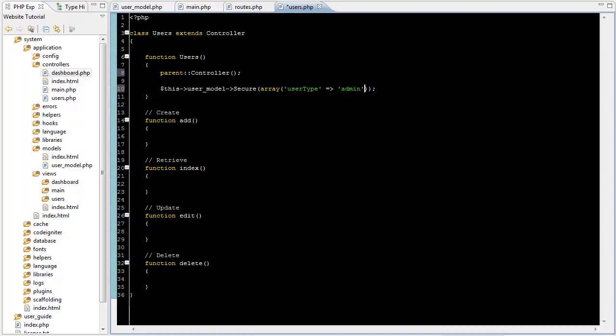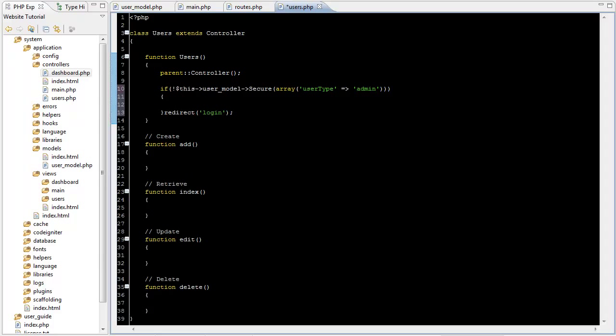Now if we wanted to allow admin users or regular users, we would just do this. There. Now this would allow either type of user in. So as long as you're logged in, you'll be allowed on this controller. That will return true or false. So if not, redirect to login. That way they can't get into the system, they're redirected to the login, and we can even improve this